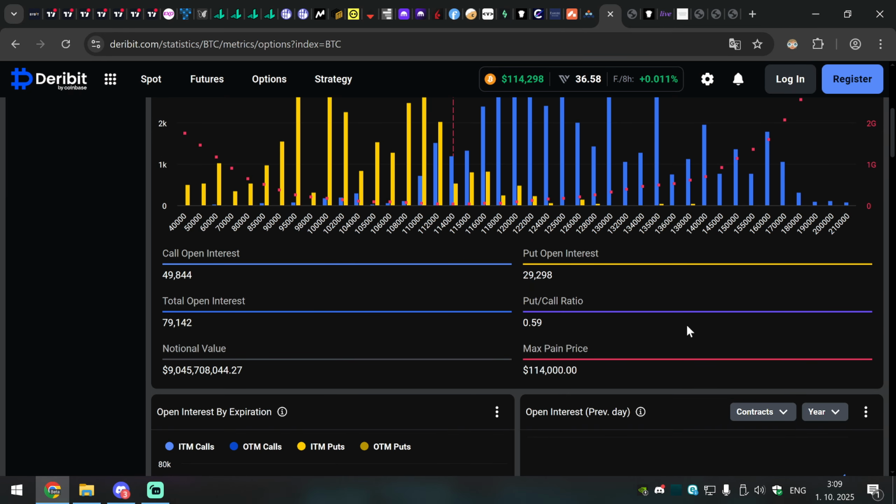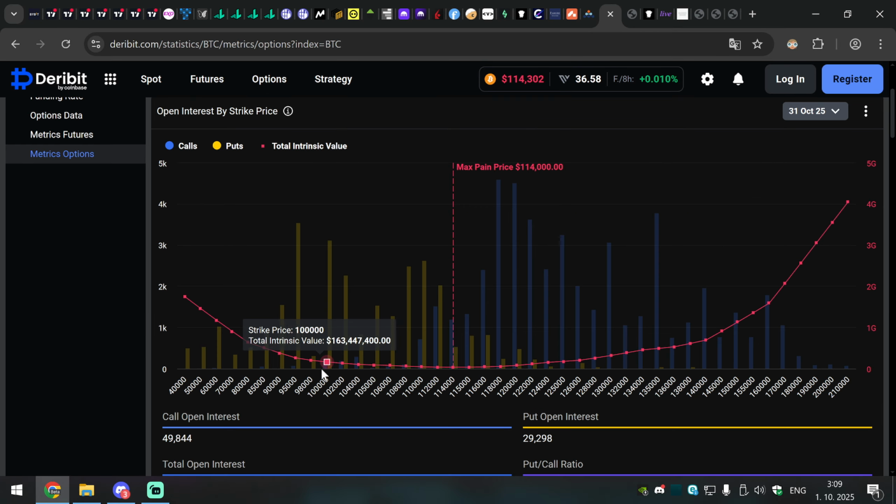So open interest is now at 9 billion. Last Friday we had a 17 billion option expiry. It was the largest option expiry I remember since 2021. So this one is not as big, so there can be less influence on Bitcoin, but still the max pain price is